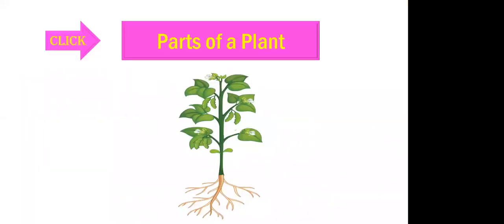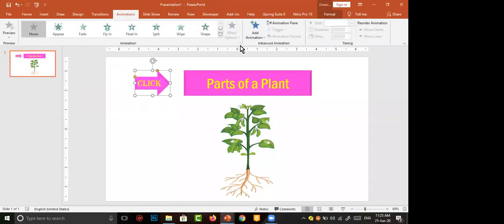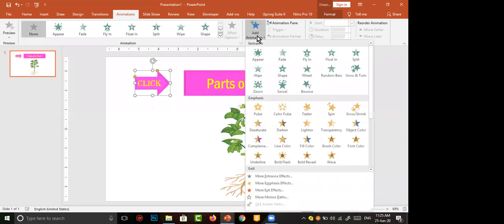It is just appearing. But when I open my demo slide, some blinking effect appears on click. So I want to animate this box. I selected it and move to Animations. I want to add an animation which is blink on click. So I selected the click rectangle. I move to Add Animation. For blinking something, we have to go to Emphasis.